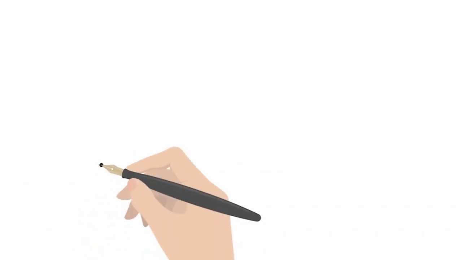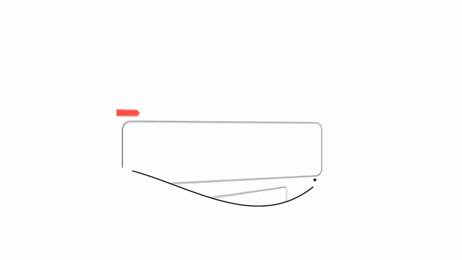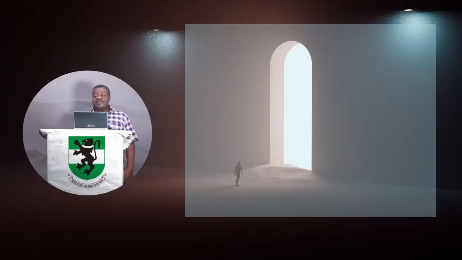Then the city periphery, like the name implies, this is the area that is typically outside the main city zone. You can say it is the frontiers of the geographical space of the city. Most times, the city peripheries are usually affected by what is called urban conurbation or growth, which means urban areas quickly grow into these peripheries. Because they are peripheries, they are usually less dense in population, which means they have a low population density. They are also spatially spacious, and they might witness what we call low violence and conflict because of these issues.